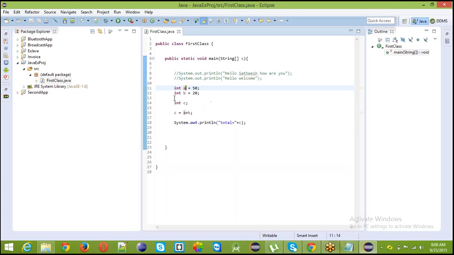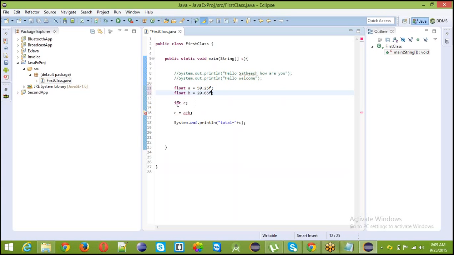Okay. You can also use float values. Float A equal to 50.25, B equal to 20.62, and C is giving some error. Why? You have to mention F in the float.